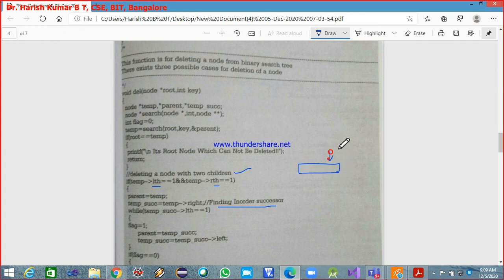So temp is pointing to this, and this has got left child and right child also, and who is pointing to this? Parent is also pointing to this parent. Since it has got both left child and right child, now what do I have to do? Now this should be replaced by this. I have to remove the info field that is present here, and I should put the info field of this